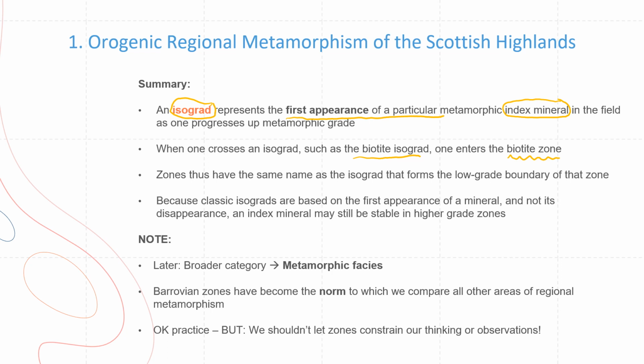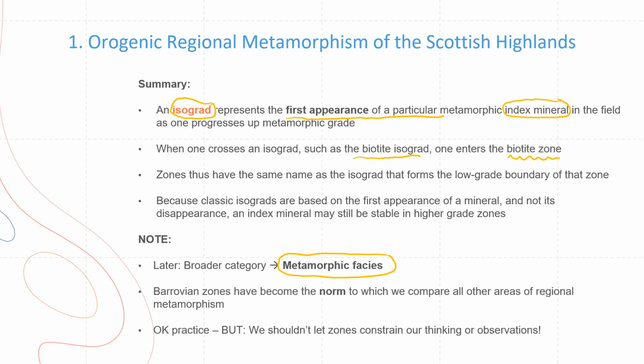So because classic isograds are based on the first appearance of a mineral and not its disappearance, an index mineral may still be stable in higher grade zones. So do take note that as you move further in studying metamorphism, you will come across an even broader category called metamorphic phases. But as for now, we're just discussing isograds and the appearance of index minerals as you move